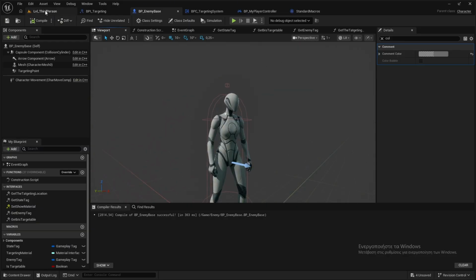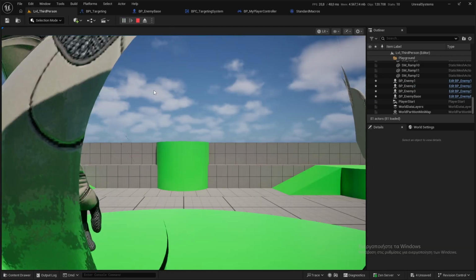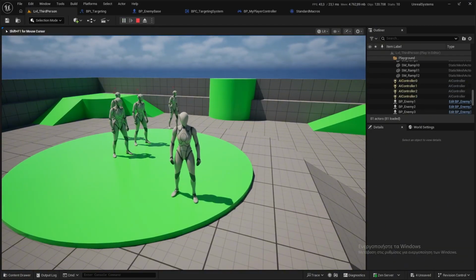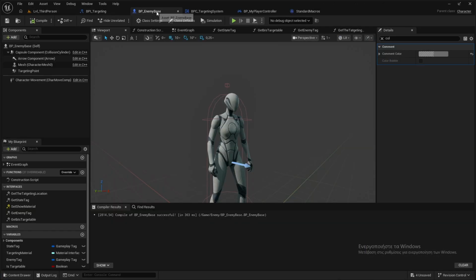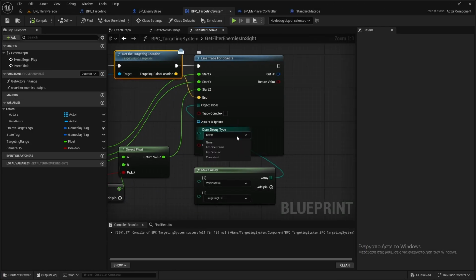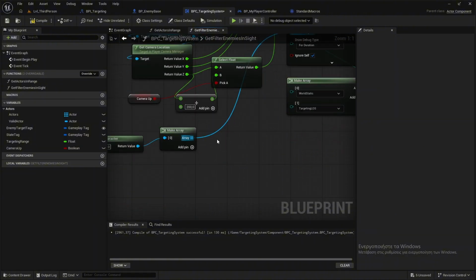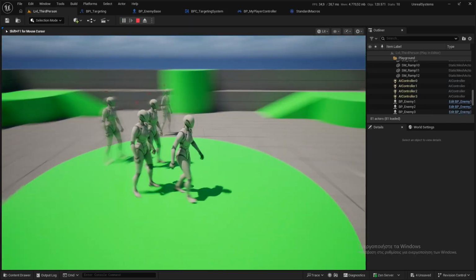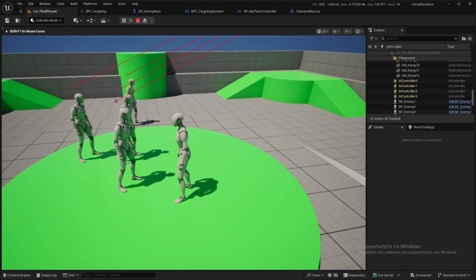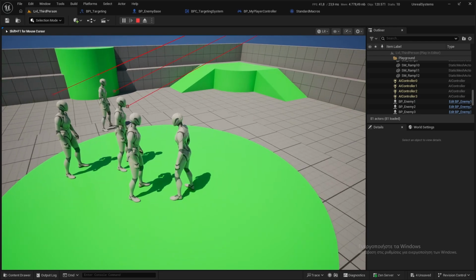So now if I play, oh sorry, I forgot to debug for duration, and so now if I play, okay,